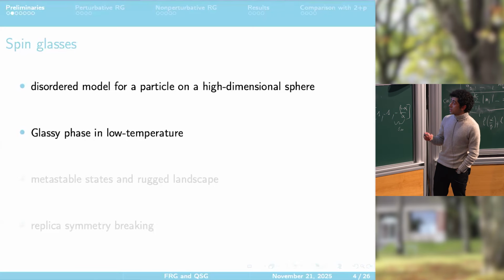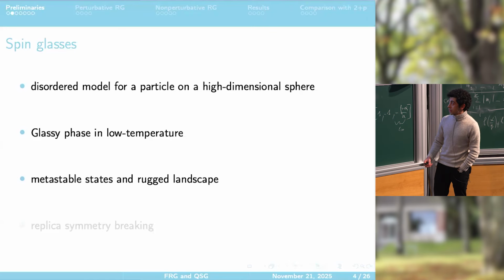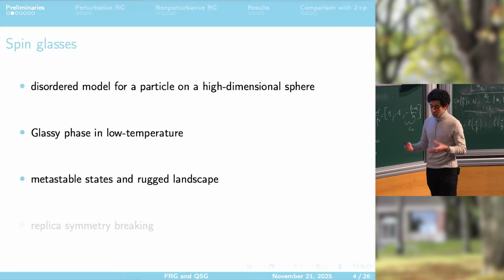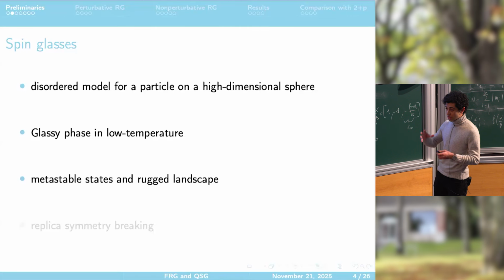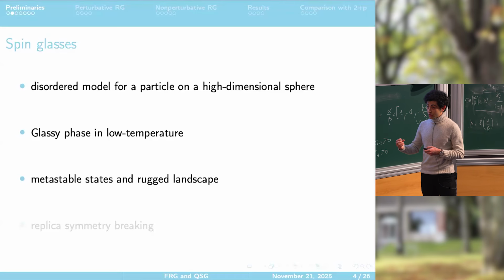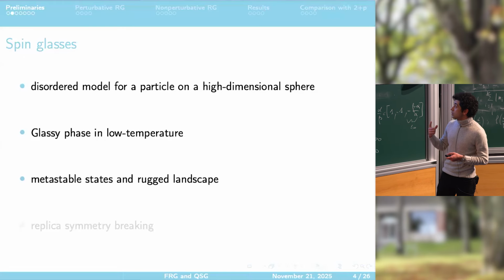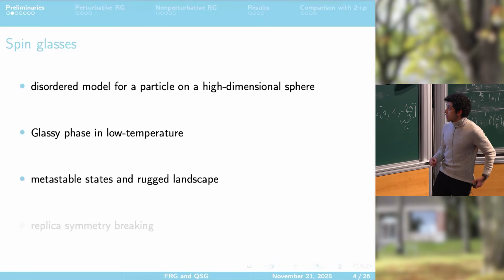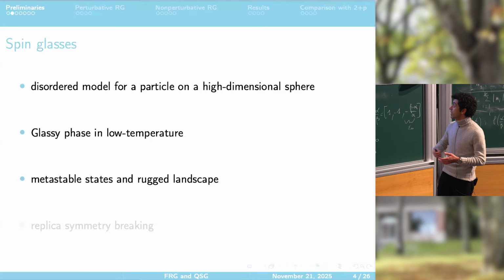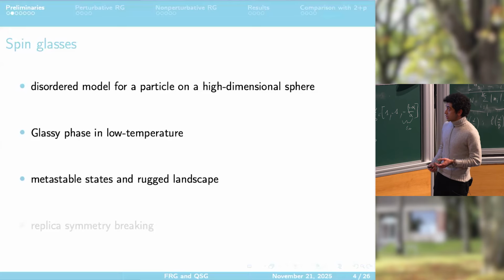In this glassy phase, the system would experience a lot of metastable states, which basically trap the system in each one of them for a very long time. And also the number of these metastable states scales exponentially with the number of dimensions. So if we have a very high dimensional sphere, you can imagine there is a very rugged landscape that the particle has to move around in, and it gets stuck in each one of them